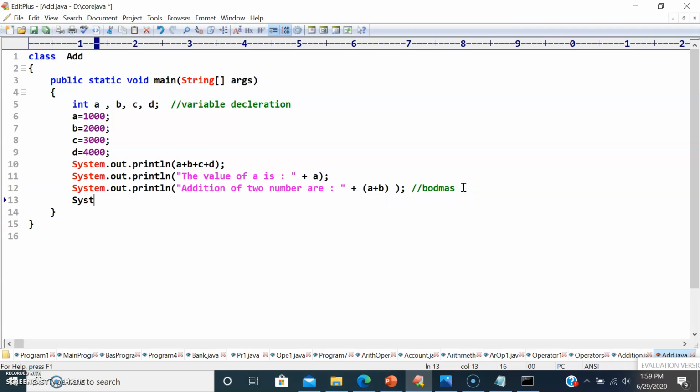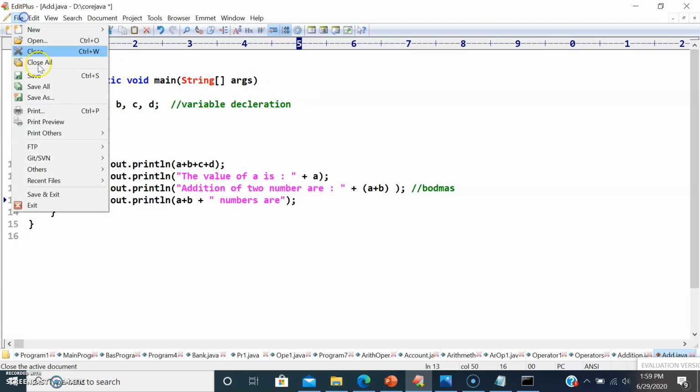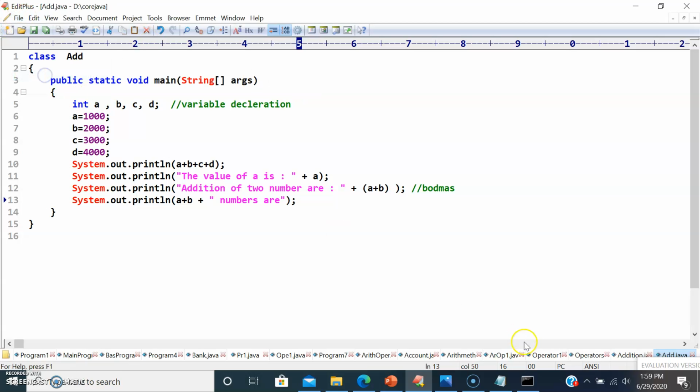Now let me see one more example with System.out.println a plus b, numbers are. Let's see whether it is working or not. Let me save this program.